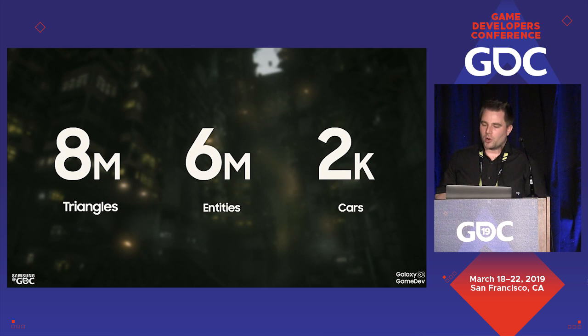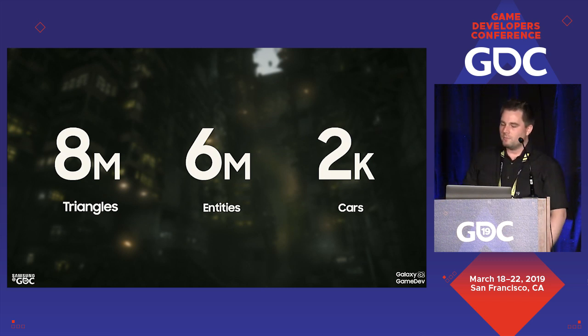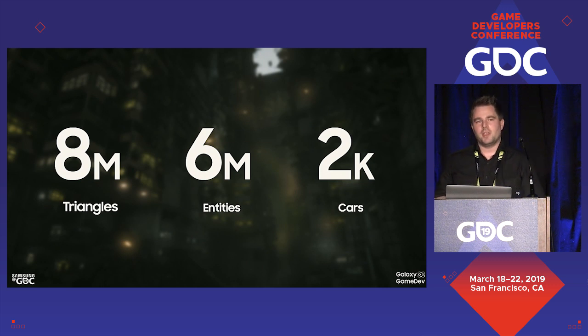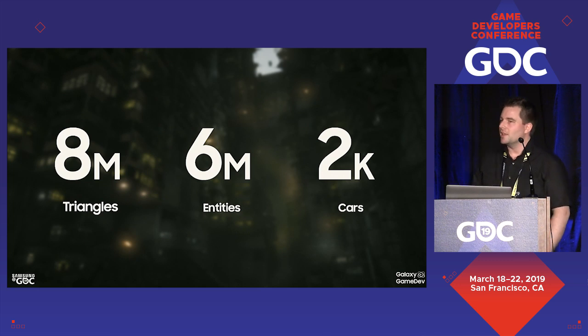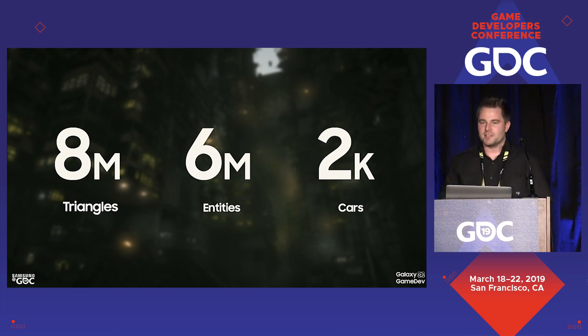It's a great demo project to test adaptive performance, because on mobile we push over 8 million triangles to the GPU, we get more than 6 million singular entities in our scenes, we have more than 2,000 cars on the mobile version, and we do have over 100,000 audio sources which need to get mixed and presented. And we have everything dynamically streamed in and streamed out. And you might see that this could be problematic for a mobile device,